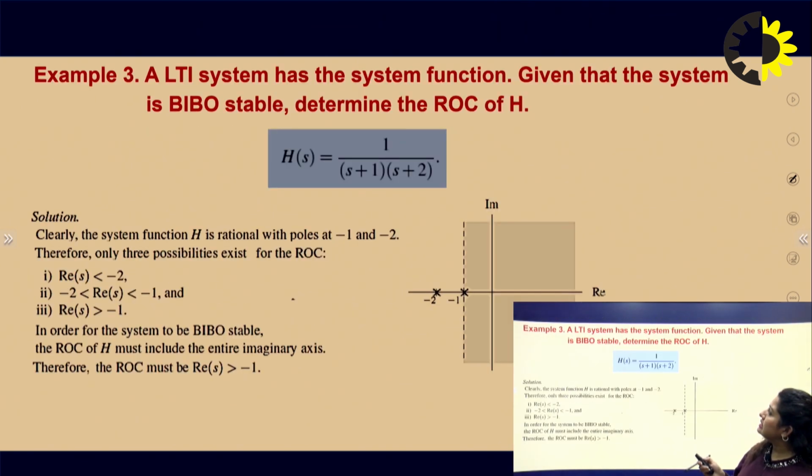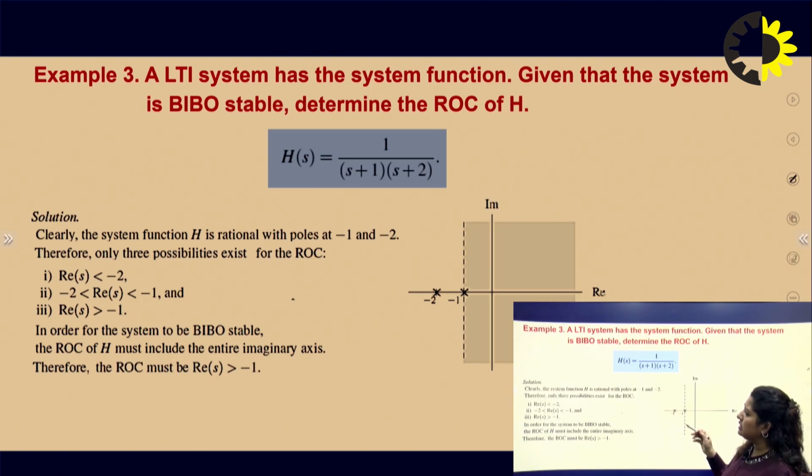An LTI system has the system function 1 upon (s plus 1)(s plus 2). We have different ROCs: real of s less than minus 2, real of s greater than minus 1, and real of s greater than minus 2 and less than minus 1. So, we have to check whether it is stable or not. So, the first case, real of s greater than minus 2,